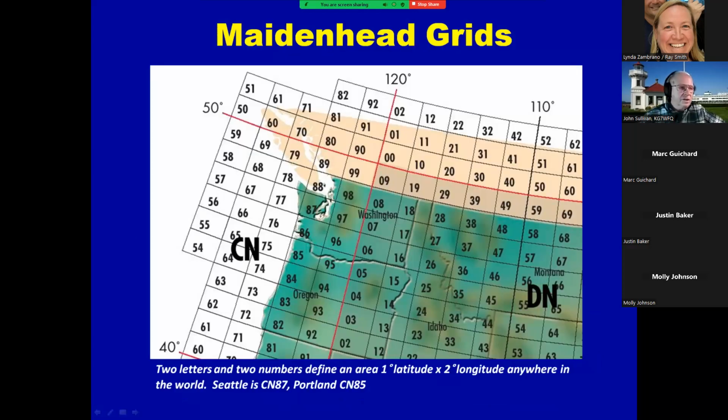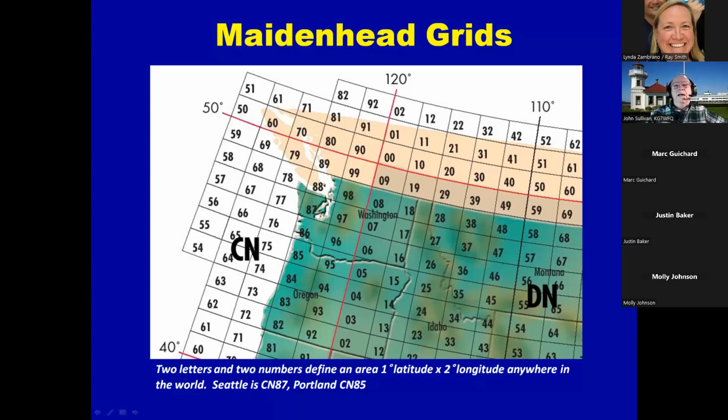Maidenhead grids. This is a grid system that's used in amateur radio, covering the whole world, not just the US. It's a worldwide grid system. It consists of typically 4 to 6 characters, depending on how small an area you want to narrow down to. You can see an illustration here: the first 2 characters will be letters, and that gets you into a big square around the world. You can see it goes C to the left, D to the right, so it's going left to right or west to east